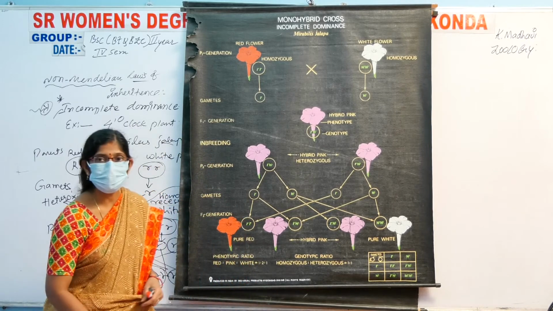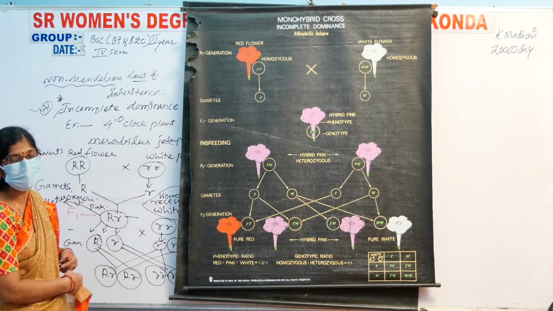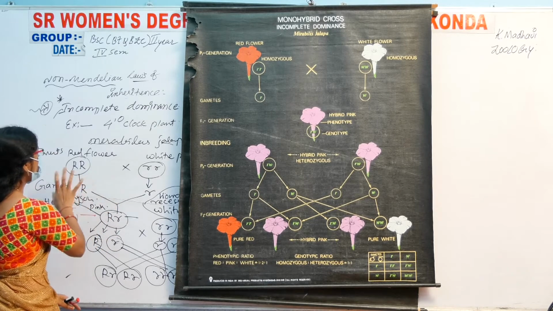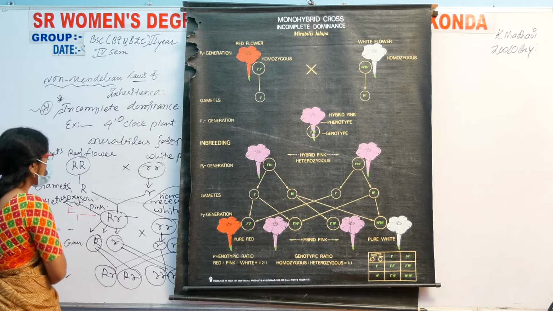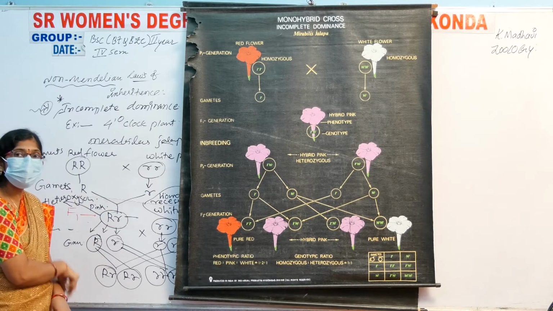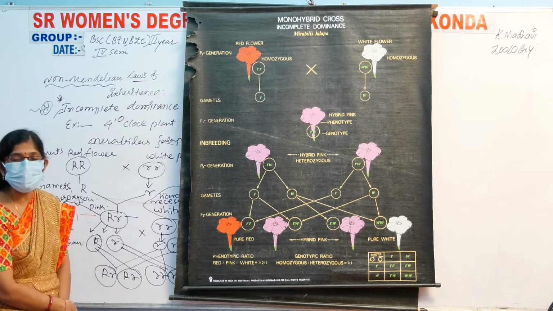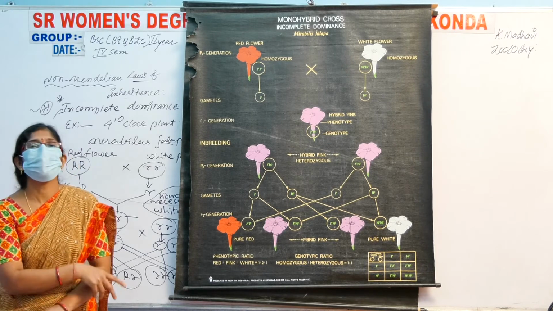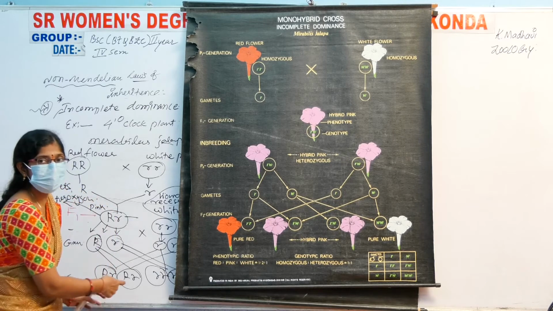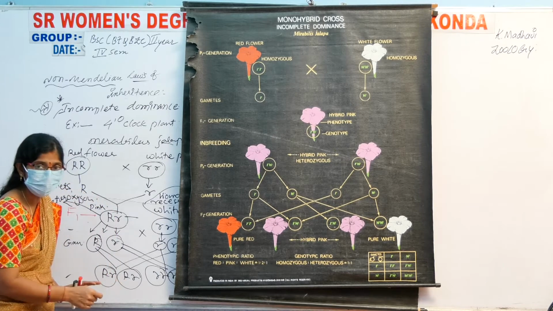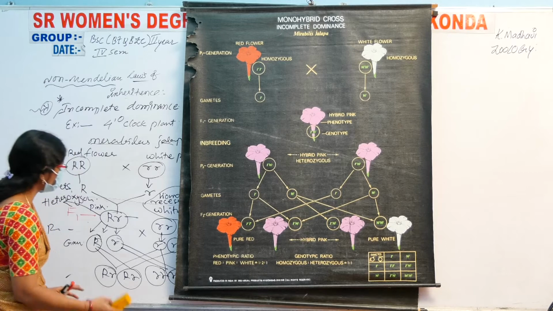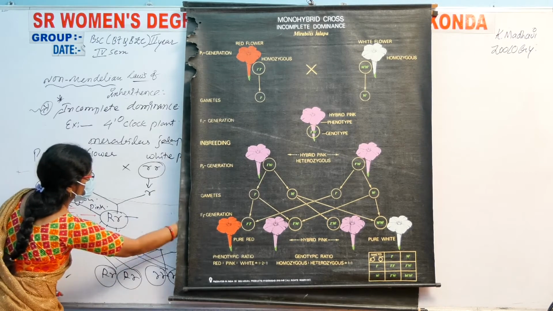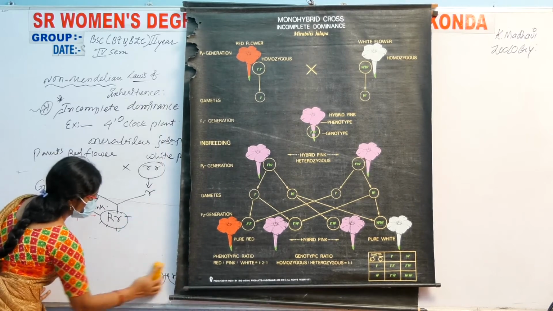Okay students, let us continue the topic, that is incomplete dominance. Here a small mistake is there when we do the test cross process. When we do the hybrid, the F1 generation of the hybrid one, we cross with both hybrid plants. What we get, this is the result of the test cross. Just wait a few minutes, here again we draw this is the test cross process.